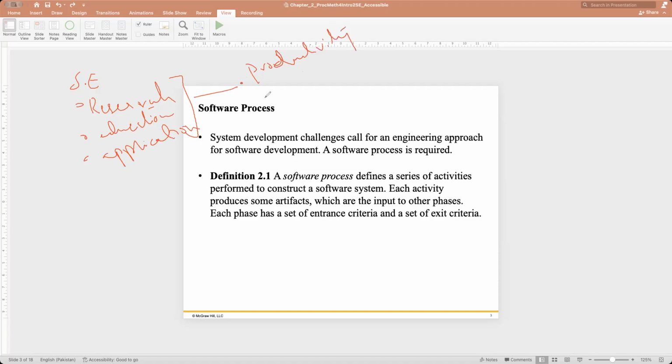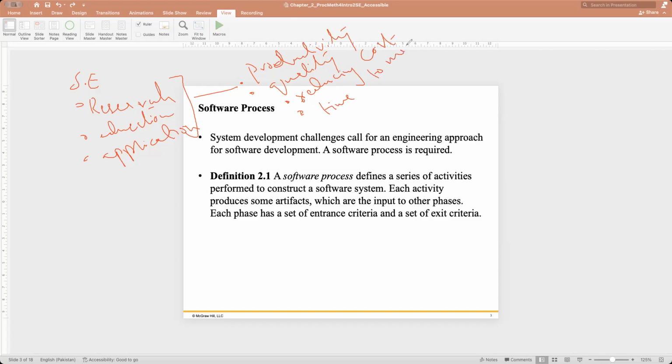and then we want to improve the quality of software, and we also want to make sure that the software reduces the cost. So reducing cost, and also we want to improve the time to market.